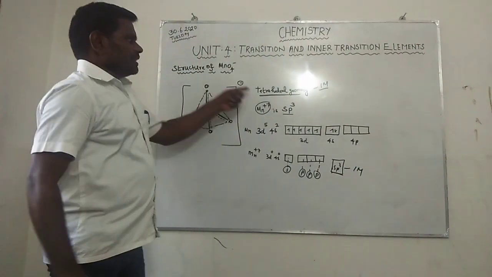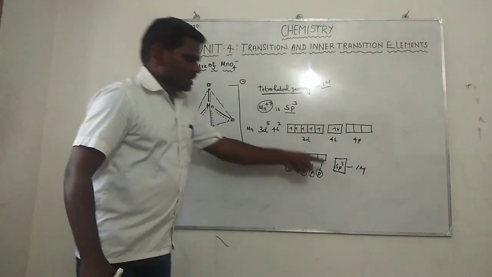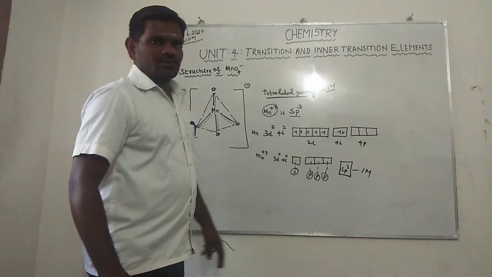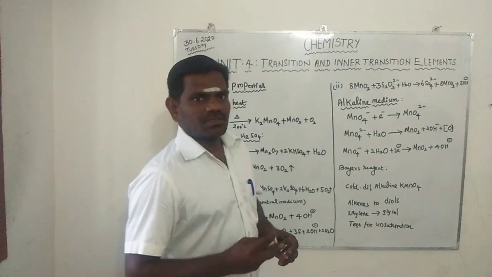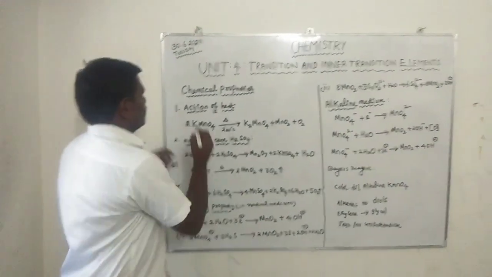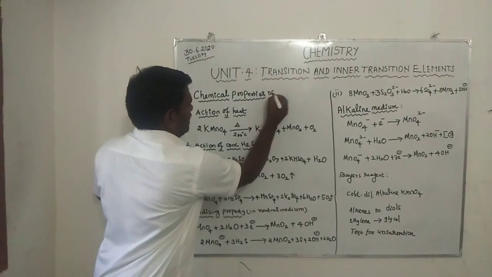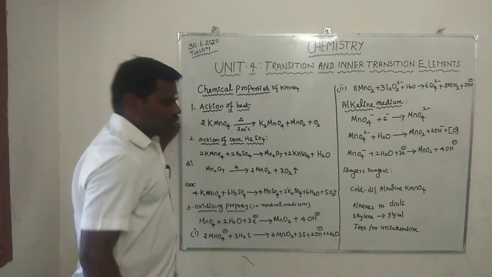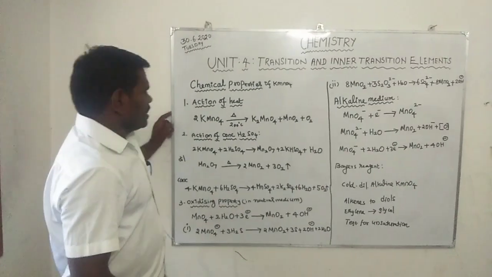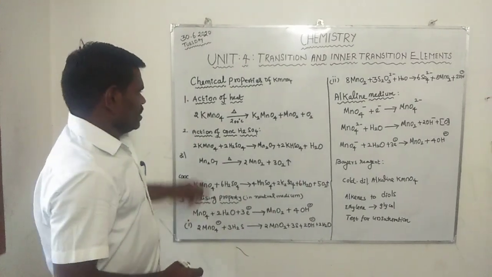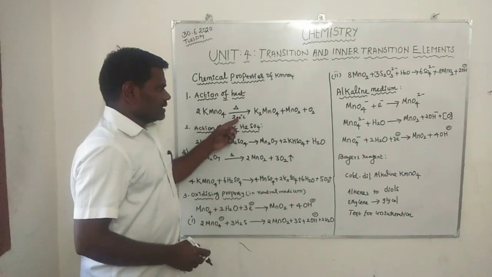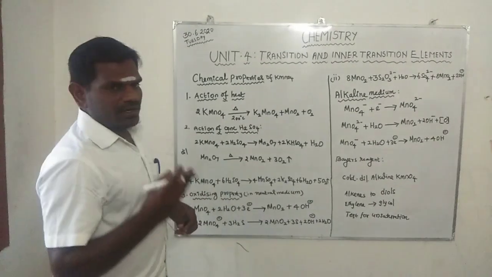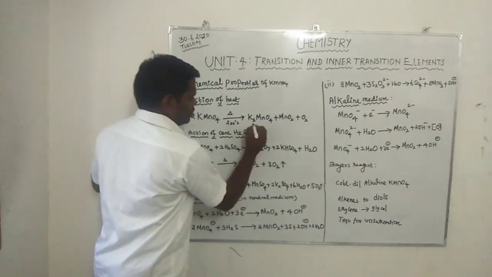The manganate ion exhibits tetrahedral geometry and sp3 hybridization. Very important one. Next topic is the chemical properties of potassium permanganate, KMnO4. First, action of heat. The potassium permanganate undergoes heating at 200 degrees Celsius to give